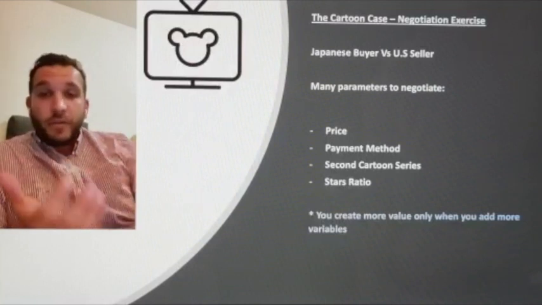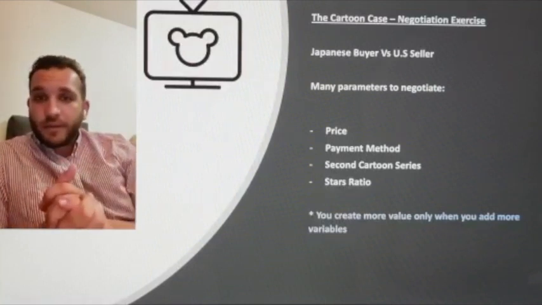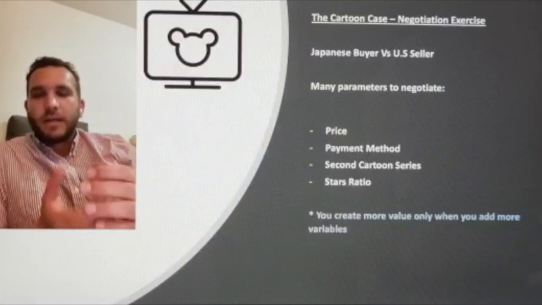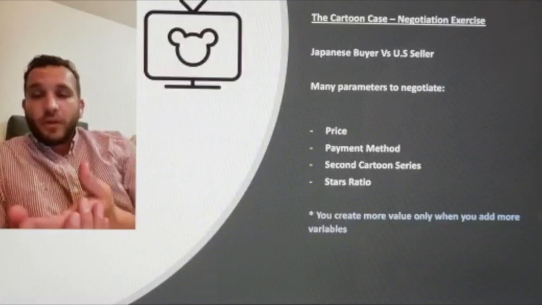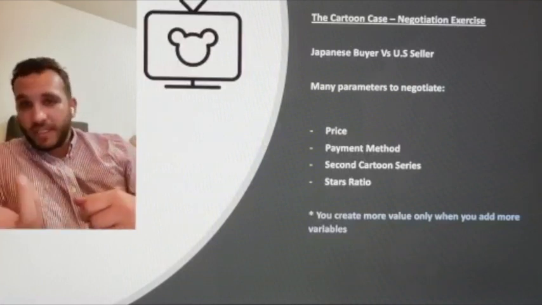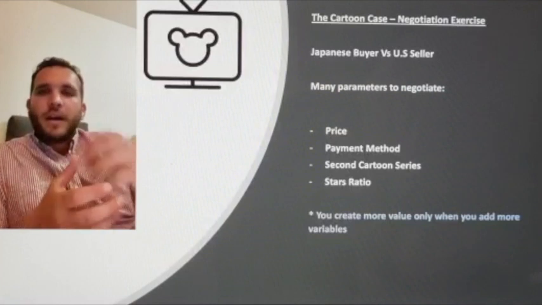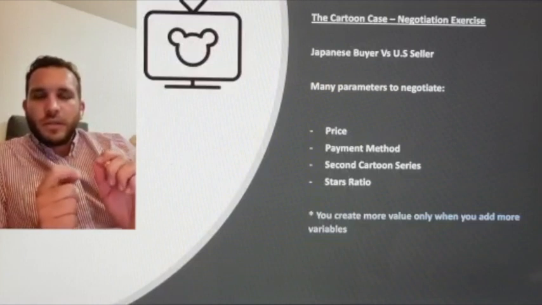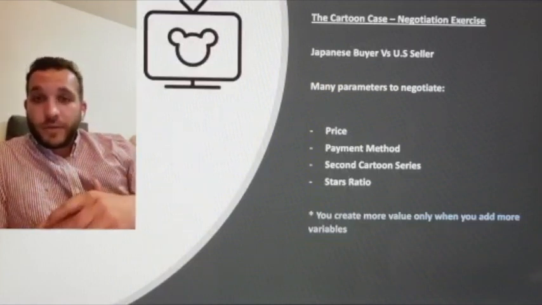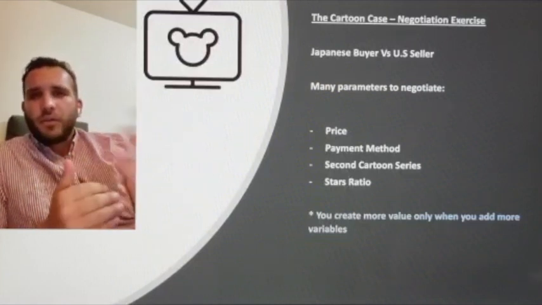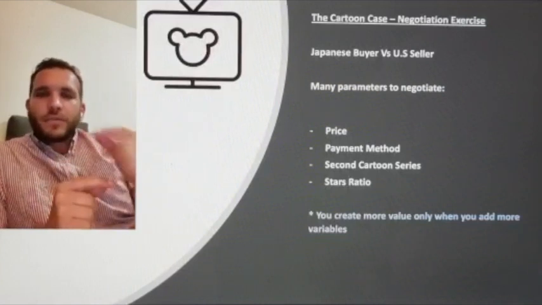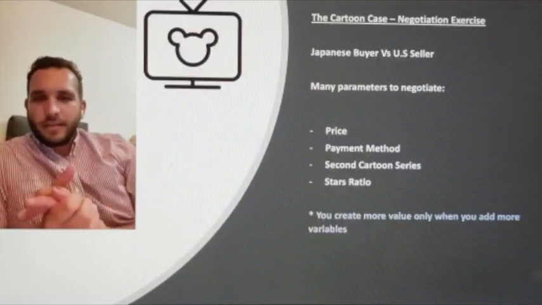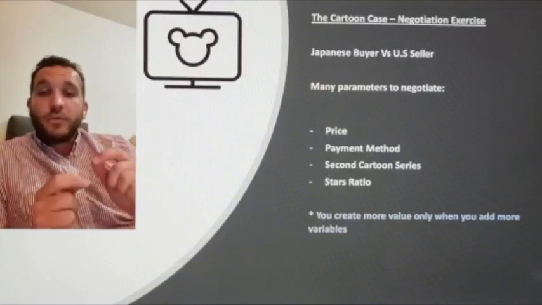As the TV ratio, the stars ratio the sellers had, also the way of the payment. Are we going to pay upfront the whole amount, the first year, the second year, etc.? A very interesting element was also a second cartoon series the producer had called Smurfs. It was very interesting because it was not the greatest parameter of the negotiation, although it was